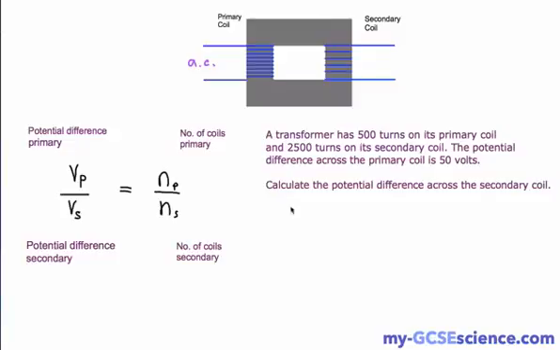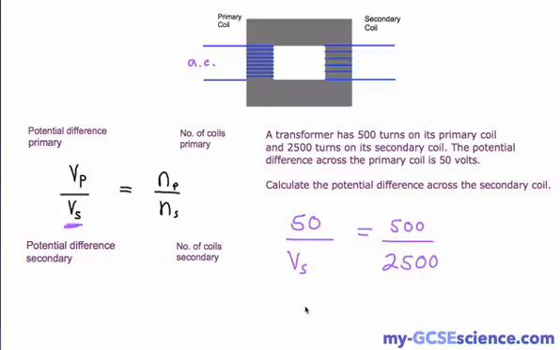and you can see how it's done. So all we do is we plug in the values into our formula. So what is it we are trying to find out? Which is the potential difference across the secondary coil. So this is what we're trying to find out. So we can plug in the rest of the information. So we have 50 volts across the primary coil, so it's 50 over something we don't know, equals the number of turns in the primary coil, so it says 500 over